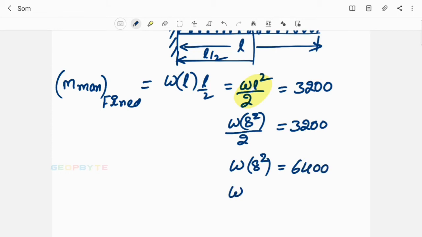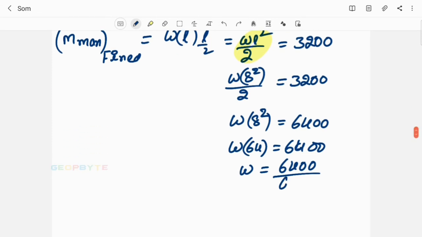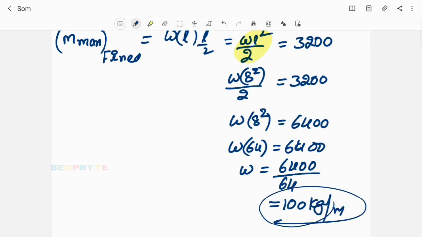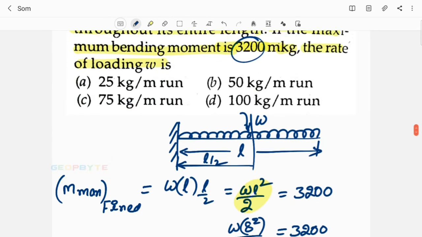W into 64 equals 6400. From this, the magnitude of the UDL is 6400 divided by 64, the answer is 100 kg per meter. Option D